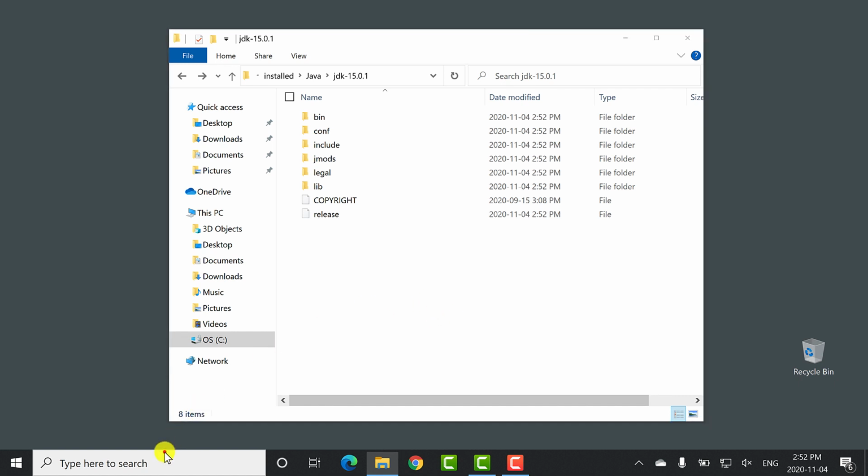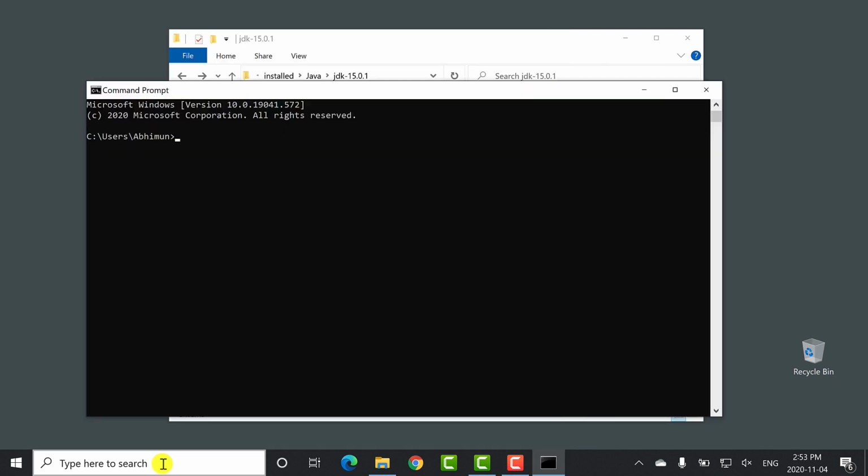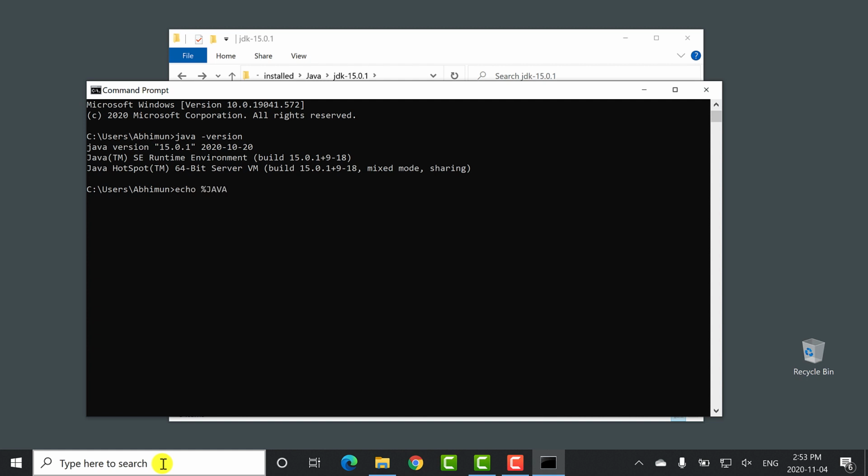Let's open the Windows command prompt once again and run the java -version command to check whether the JDK installer configured or set up anything or not. Once we run that, we see it is returning Java version 15.0.1. So that means the JDK installer set up something in our path variable. Now let's check whether it set up Java home or not. To do that, type echo %JAVA_HOME%, and we see nothing is returned. So that means it didn't set up Java home.